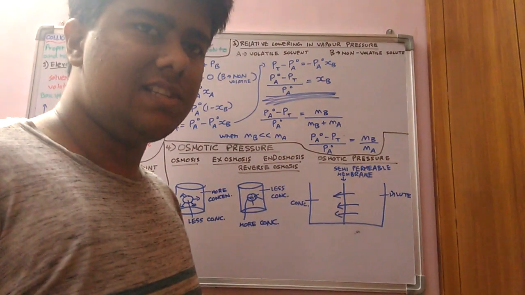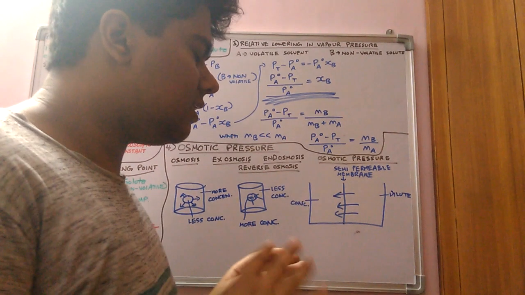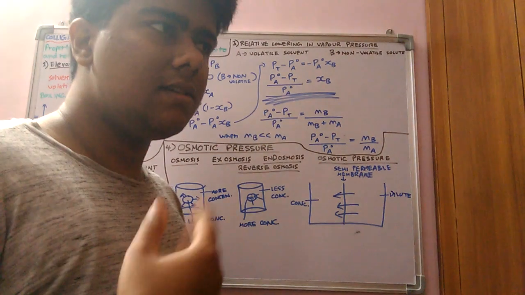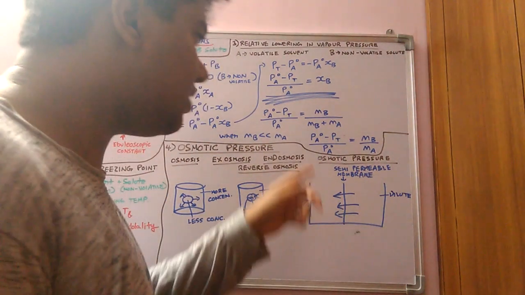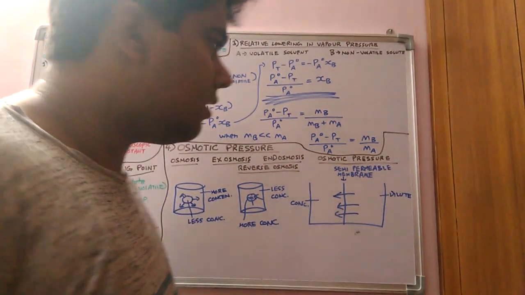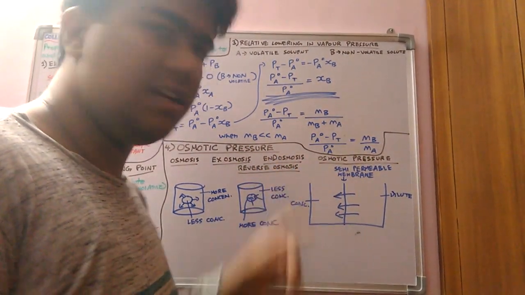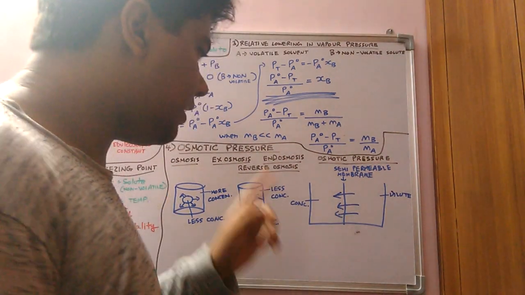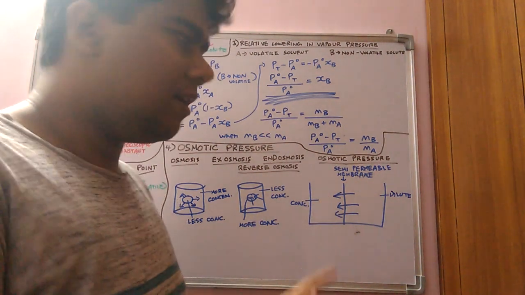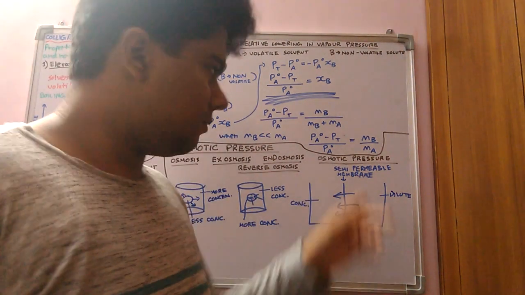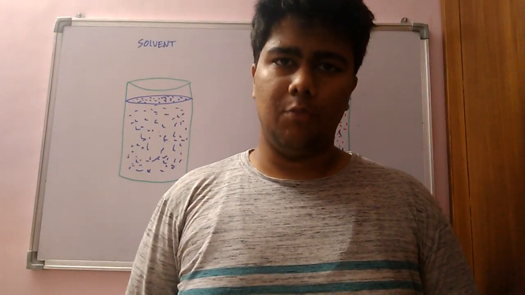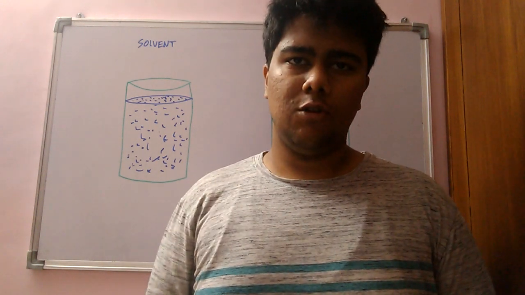Reverse osmosis is actually a pressure that is more than the osmotic pressure. Any amount of pressure applied more than the osmotic pressure leads to reverse osmosis. It means that the solvent molecules from the concentrated solution will move to the dilute solution through this semi-permeable membrane right here. And now that we have studied the rise in boiling point and relative lowering in vapor pressure,